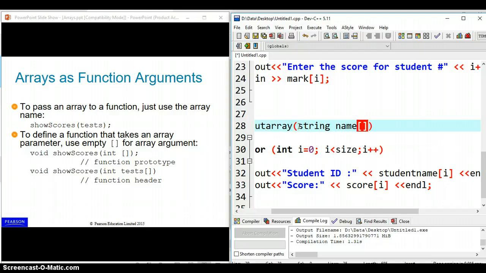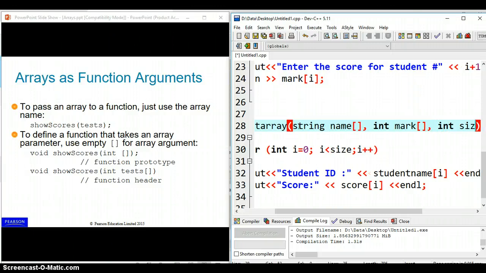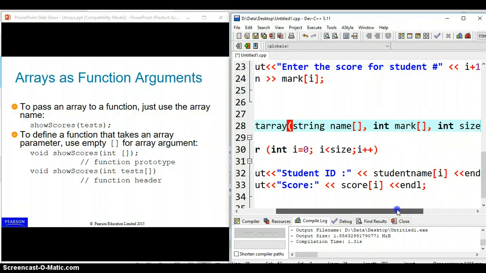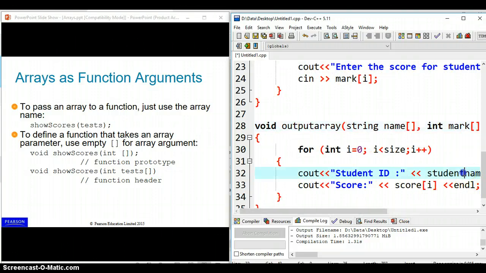I'm going to use a different name in my function, int marks, so name, marks, and also int size. So accept this. Now I have to change this into name, this into marks,